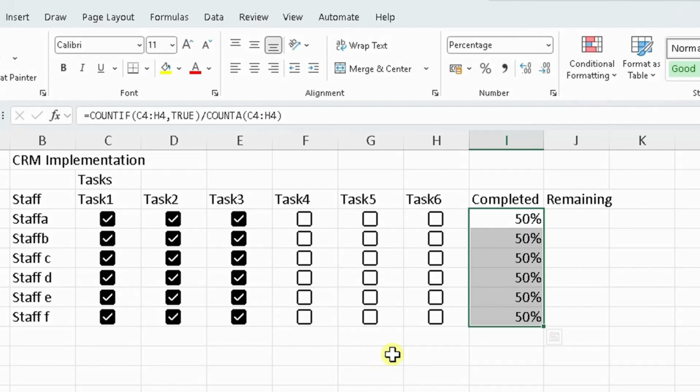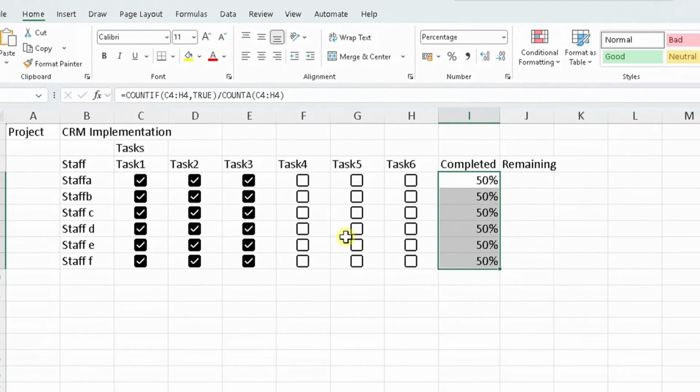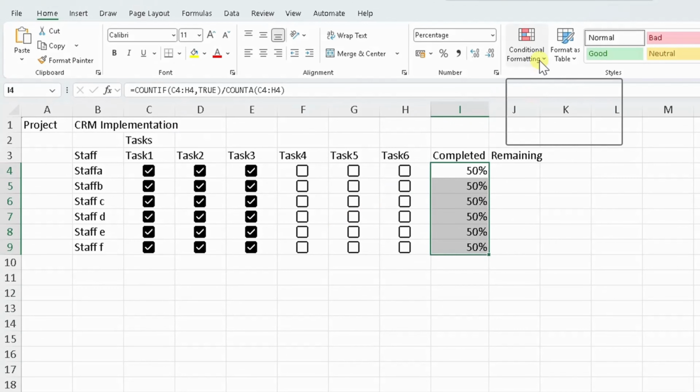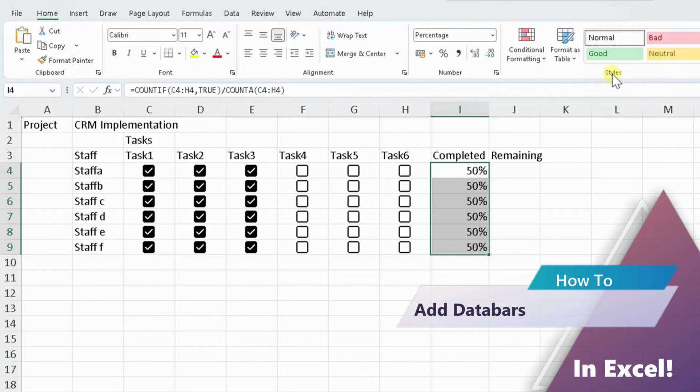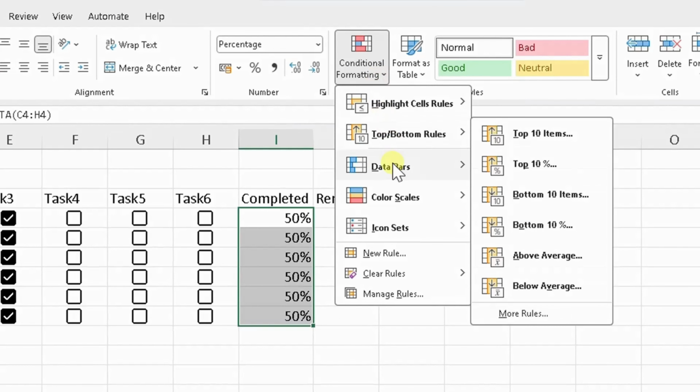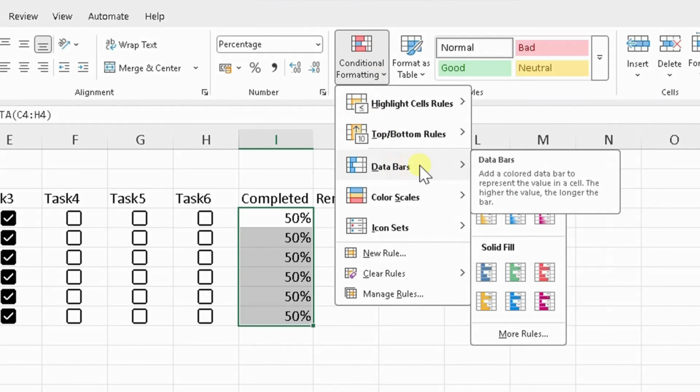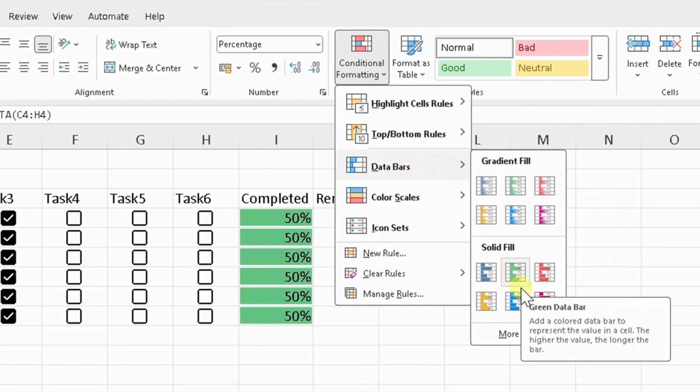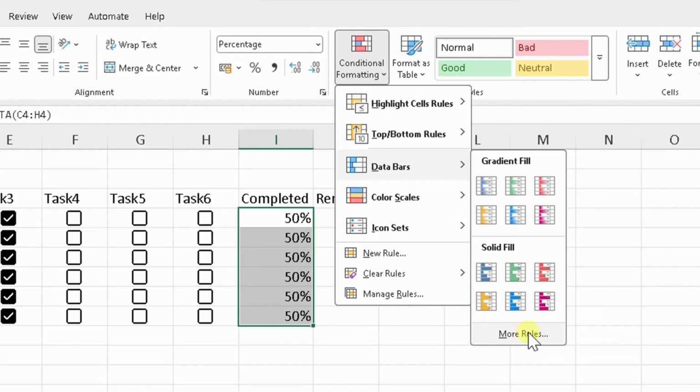We're going to take this a step further, because at the moment we've got 50%, which is a numerical value. I want to put a little progress bar in here, and there is a way to put a progress bar in these specific cells. So at the top in the home option, we're going to go to conditional formatting here in the styles section, and we're going to choose from the drop down here data bars, and we're going to choose a data bar. There is to click on more rules here,